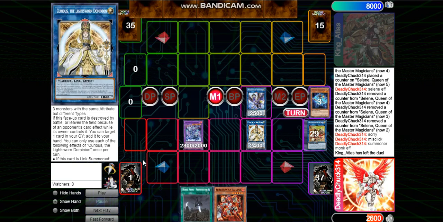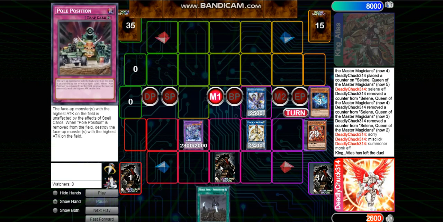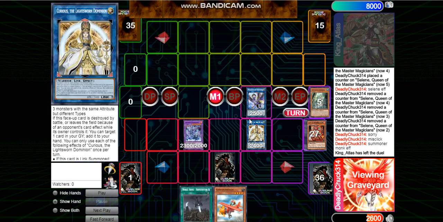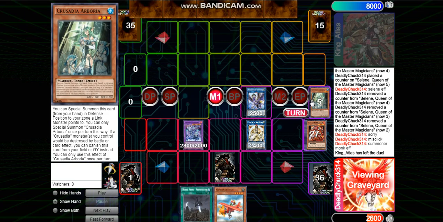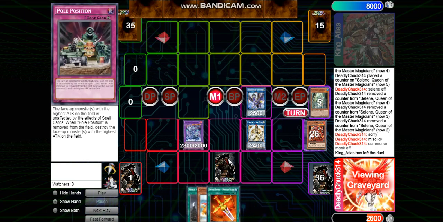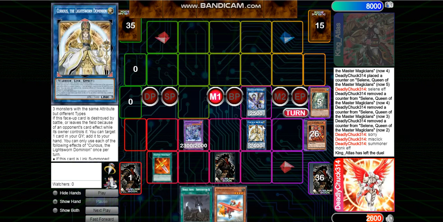I summon Nightmare Phoenix, I discard 1 card, doesn't matter, and I set Pole Position on the field. Now we will banish 2 warriors in, and we draw 1 off Griffin's effect because it's co-linked. We'll banish 2 warriors in order to add Phoenix Blade back to her hand, and we will equip this to